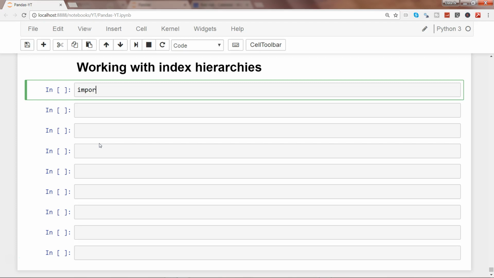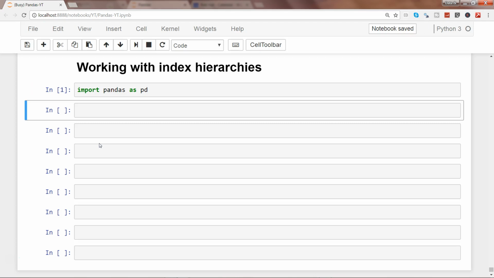Alright, so first thing is to import the library. Import pandas as pd, execute that, and then create a series, maybe ser1, just a name we can take, and pd.Series, and let's give some values 1 2 3 4 5, maybe 6.